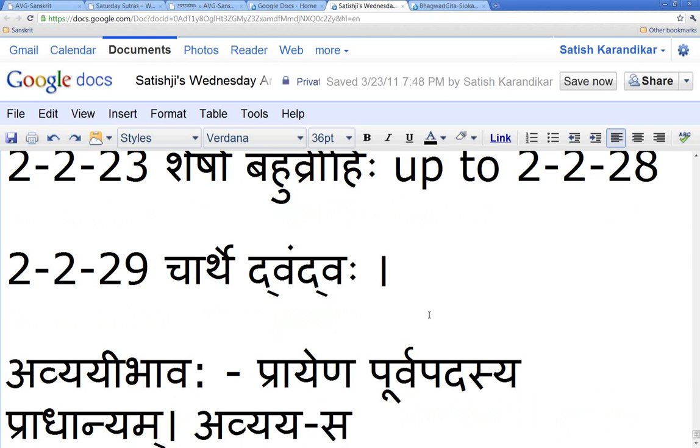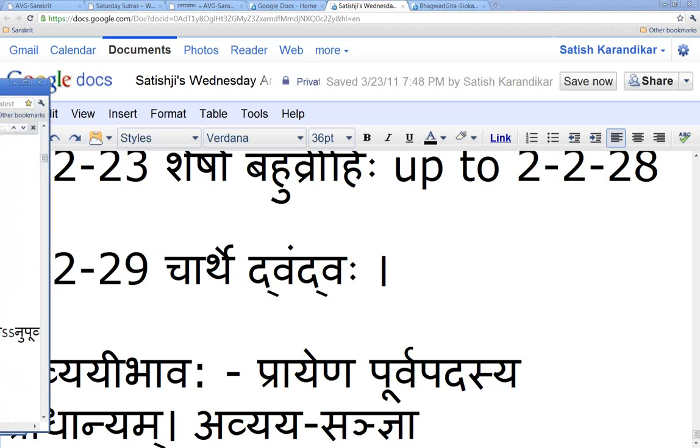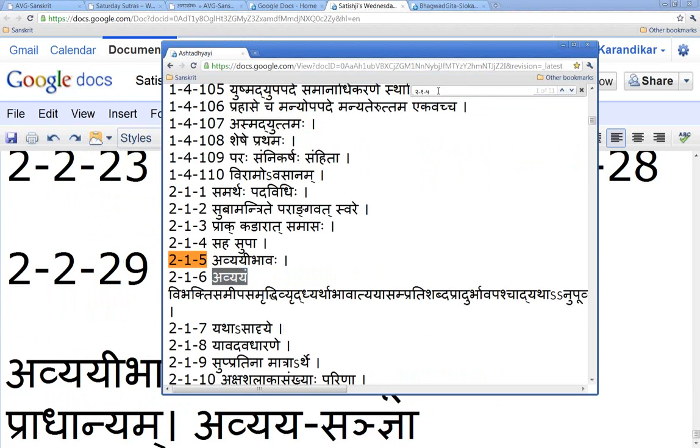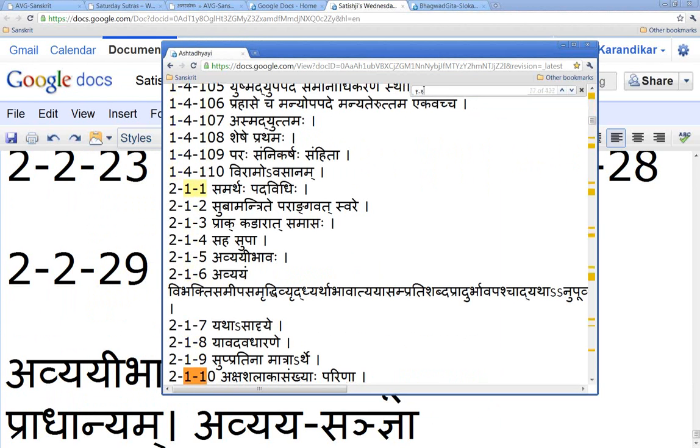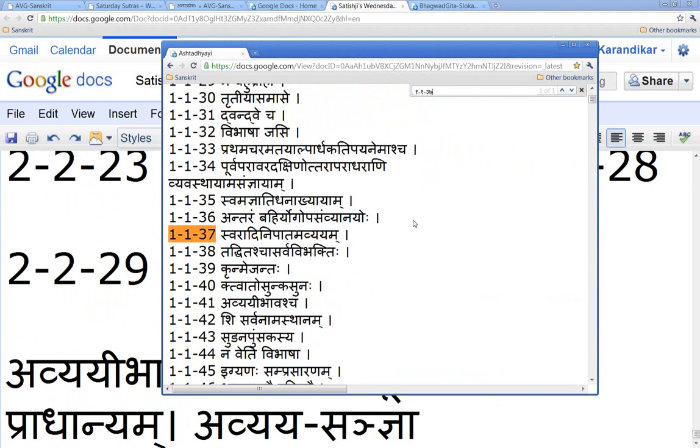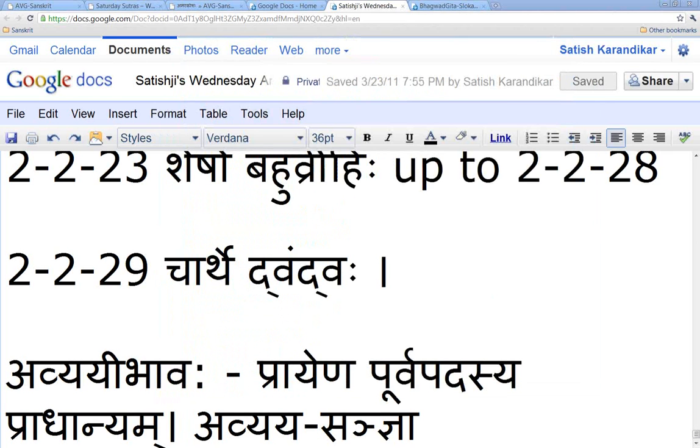This comes in two places. Avyaya Bhavascha, Avyaya Bhavascha. Very confusing. So you have a sutra called Avyaya Bhavaha, and Avyaya Bhavascha in two places. The Avyaya Sanya comes in 1.1.41. But this Saturday we are going to have one entire lesson on these five sutras on Avyayam. Not the topic of today. So we just put this number 1.1.41, the Avyaya Sanya for Avyaya Bhava compound.